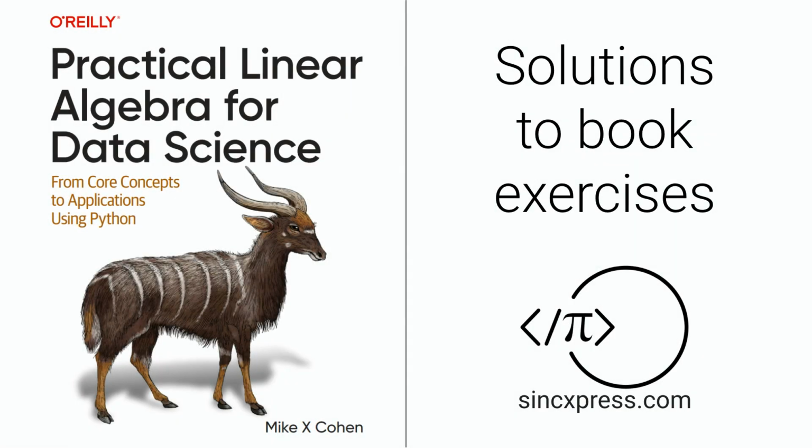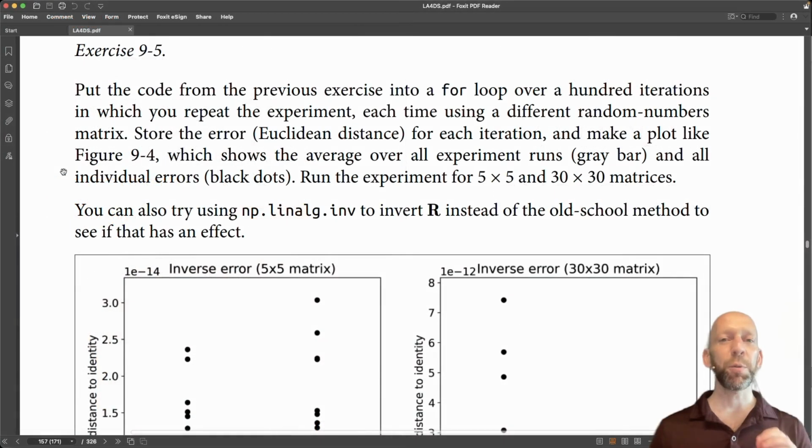Exercise 5 of Chapter 9 is a direct follow-up from Exercise 4. So you'll need all the code and also the concepts from Exercise 4 to work through this exercise. So make sure you've already done that exercise. The goal here is to take all the code from the previous exercise, put it into a for loop